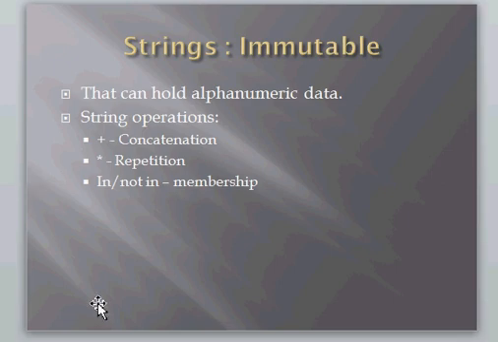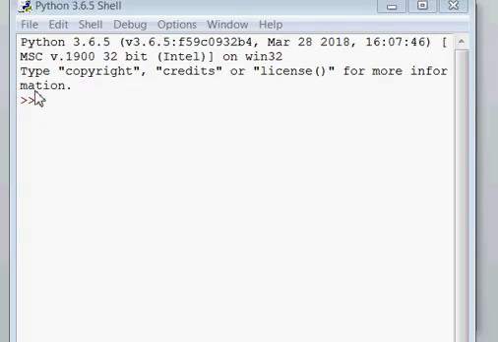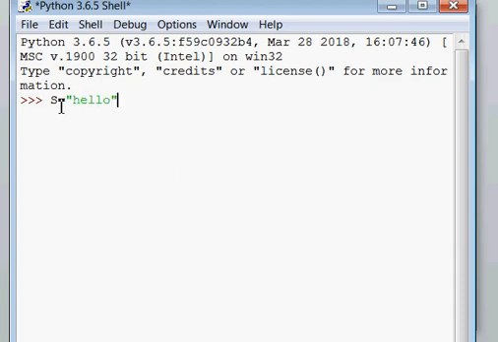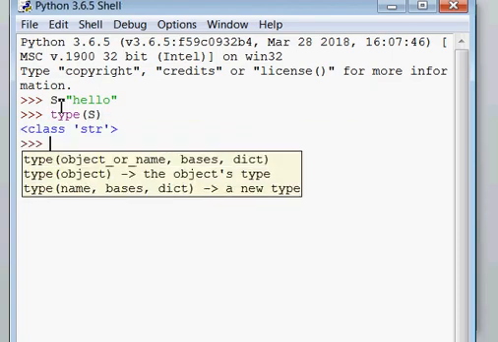So in this part 4 we will study some objects like strings, list, tuple, etc. So what is string? First of all, you should know which type of variable or object is known as string. For creating a string, I am creating a string s by saying s equals, in inverted commas, hello. If you check its type, it is given as string. So s is a variable of type string.